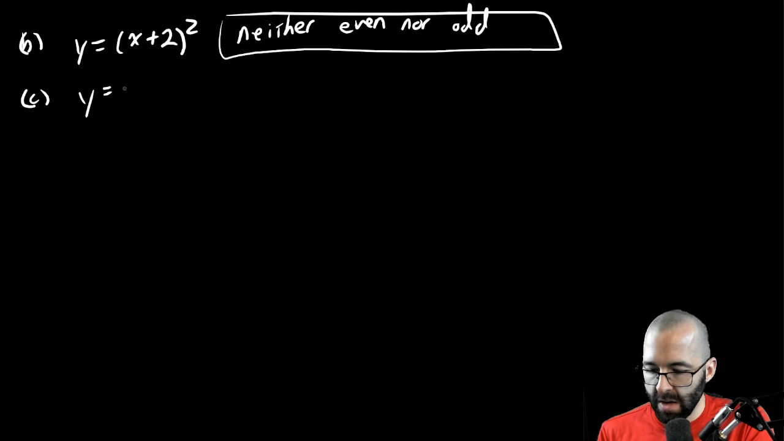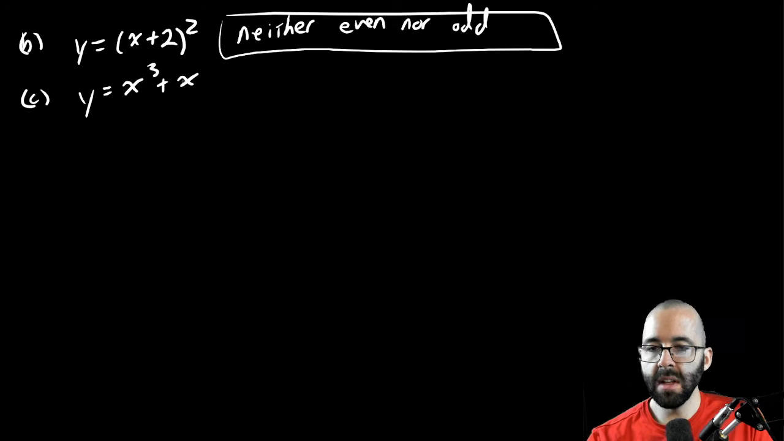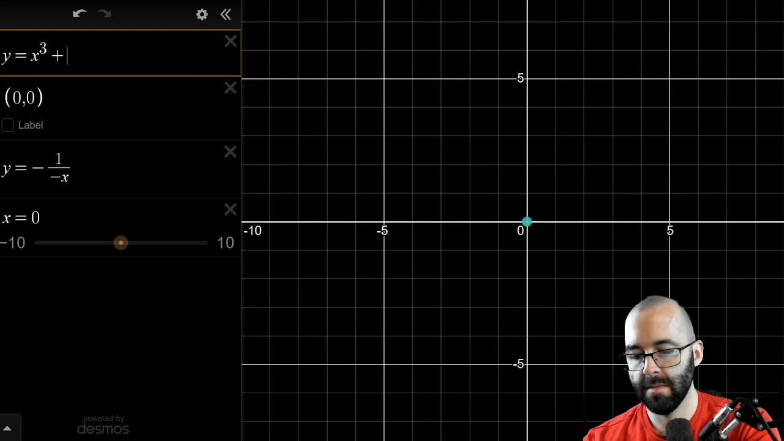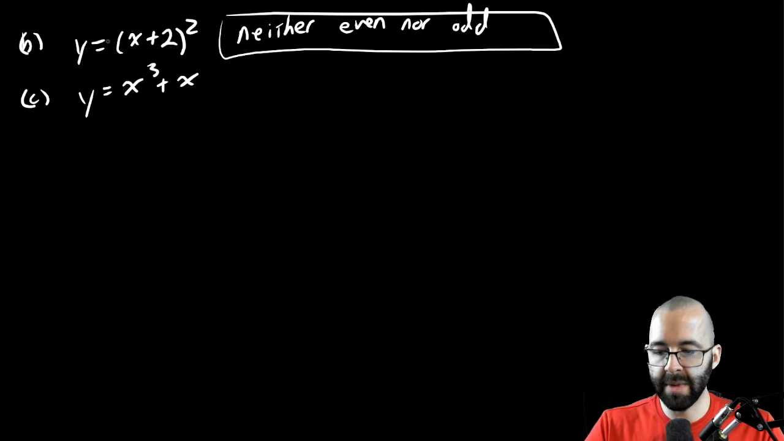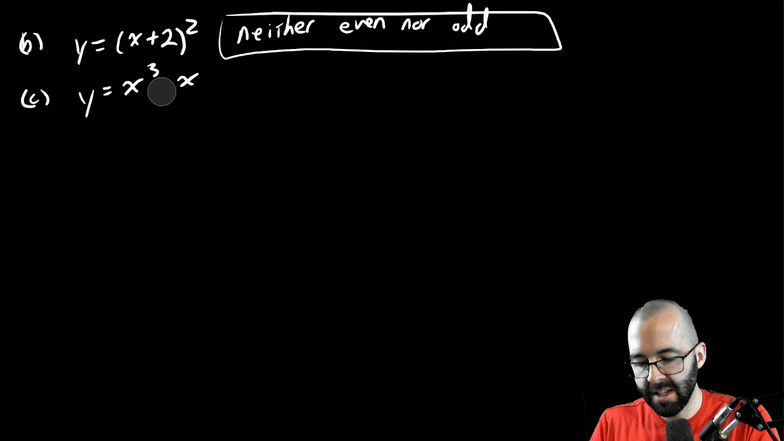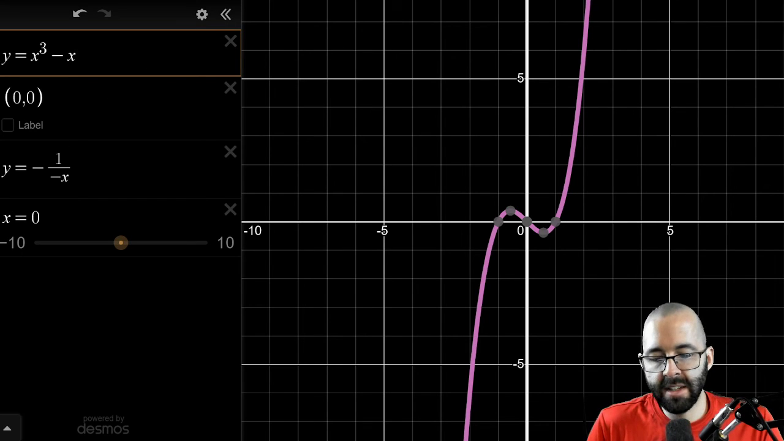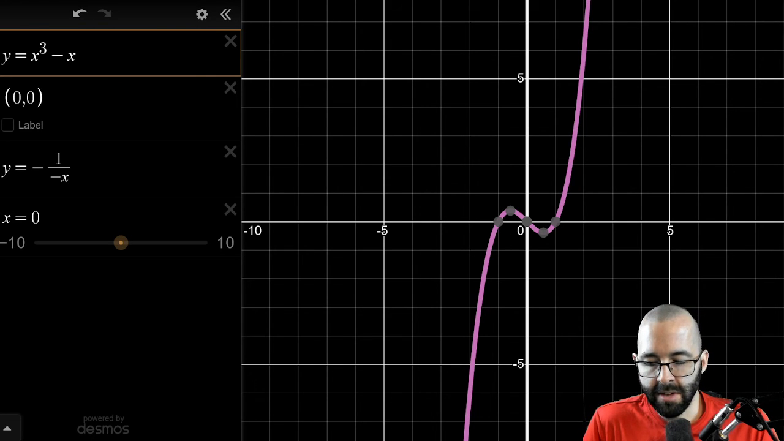The next one, y equals x cubed plus x. Let's look at that one. Oh wait, x cubed minus x is actually what I want to do. It makes it a little bit more interesting. Let's change the example. So, is it even? There's some symmetry, but it's not the same to the left as it is to the right, right? It's up to the left and it's down to the right. So it's not the same, it's not even, but it is symmetric about the origin,